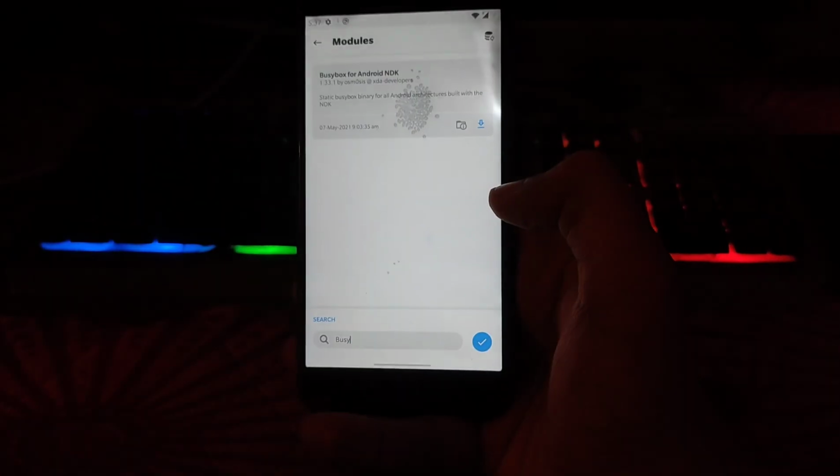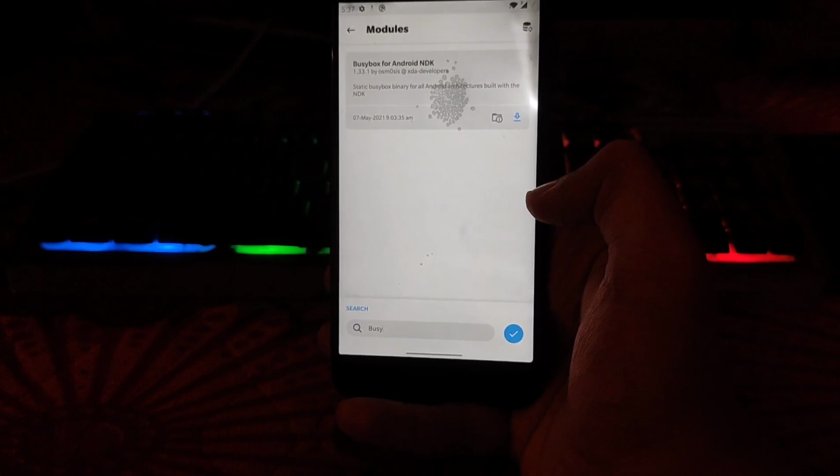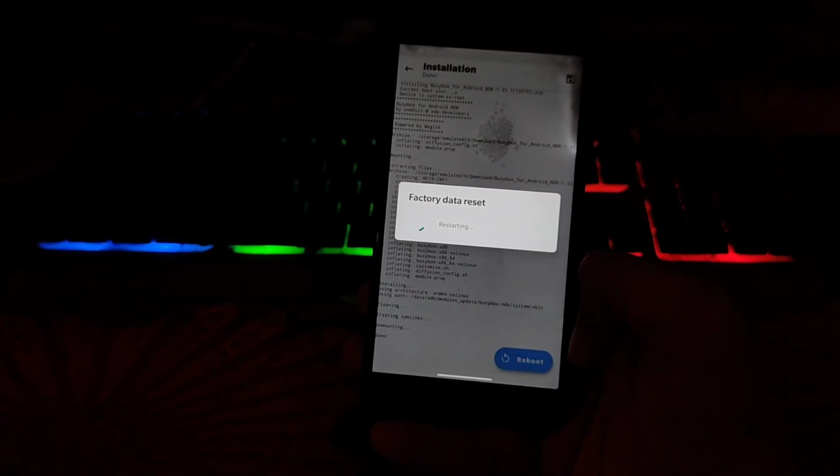So install, reboot, ignore this factory data reset, ignore this.